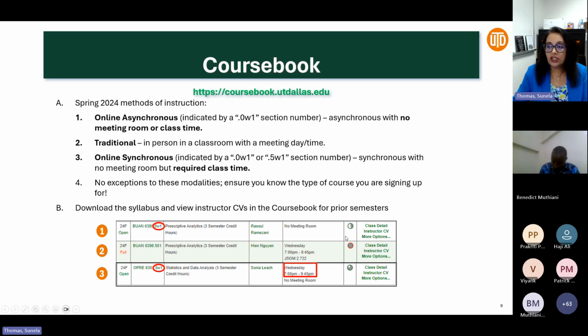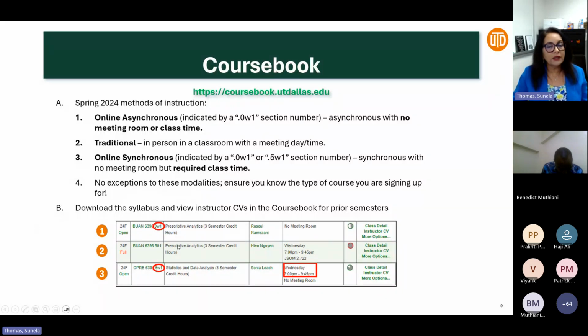Okay. Traditional is where you would see a course number and a section number. That section number can be either starting with a 001, 002, 501. The 5 is there to just tell you that it is an evening class that starts at 7 p.m. If you see something that starts with the .s, you cannot register in that. That is a specific set of courses for our cohort students.